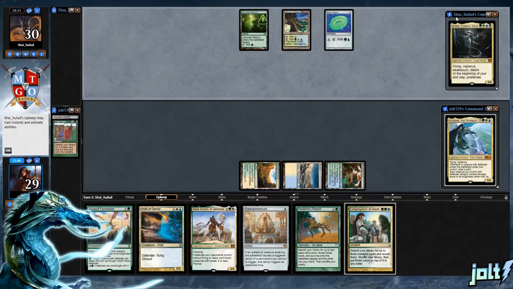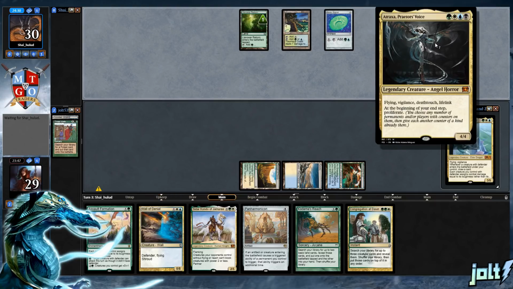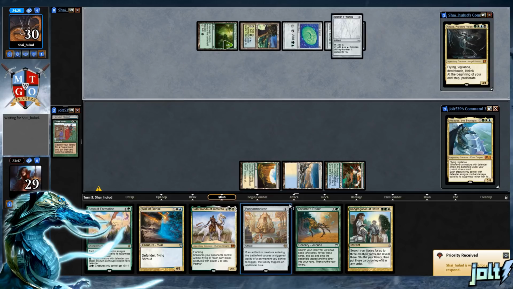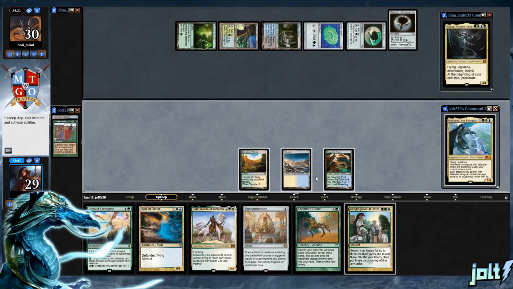Playing against Atraxa, Praetors' Voice. Flying, Vigilance, Deathtouch, and Lifelink. Then at the beginning of your end step, Proliferate. So we'll see what we happen to be playing against, whatever the build of Atraxa is. And then we'll be online for Kodama's Reach. We'll get the land drop down, hopefully get down Panharmonicon, and then start to cash in some really good card draw. Now, our opponent only does have 3 cards in the hand, so hopefully we'll be able to,